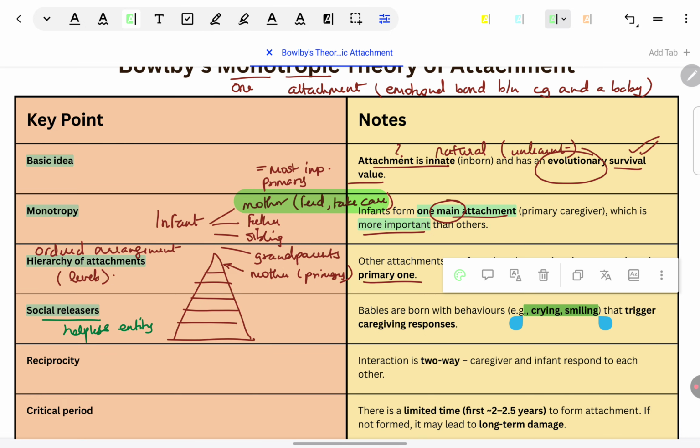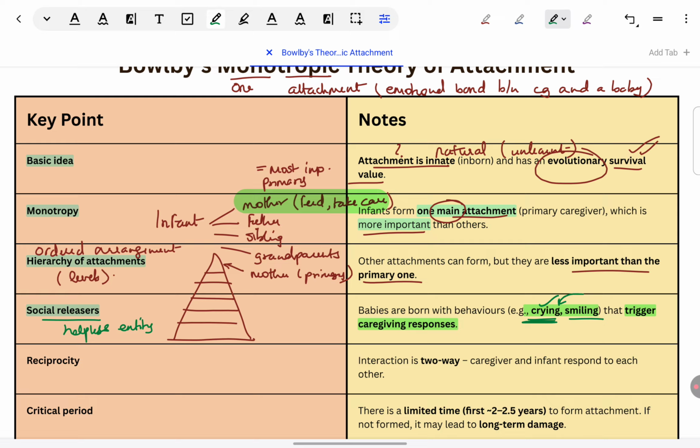You can see any small baby, frequently you will see they are crying, they are smiling, and that triggers caregiving responses. Many times you'll hear a small baby crying. It can be annoying, so it must be coming to your notice. They cry pretty loudly. And what happens when they cry? The mother comes running to see why is my baby crying. Then supposing she sees, oh, the baby is hungry, she starts feeding. She sees the baby is uncomfortable, so she checks the diaper of the baby, whether she should change it.